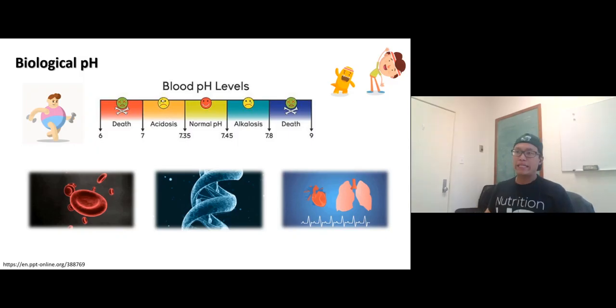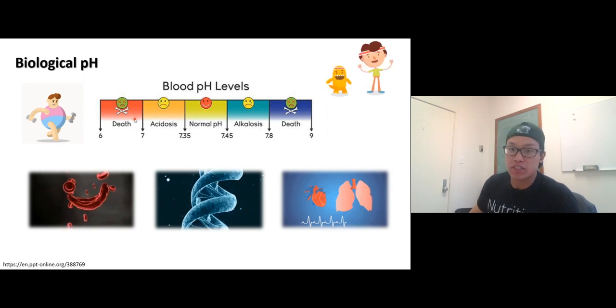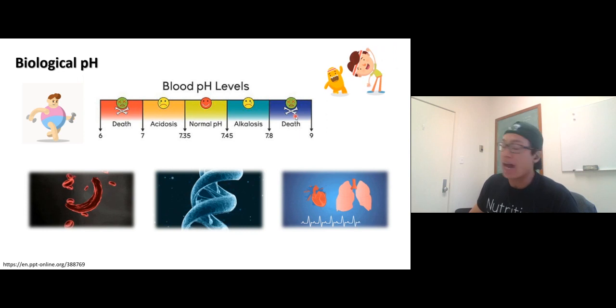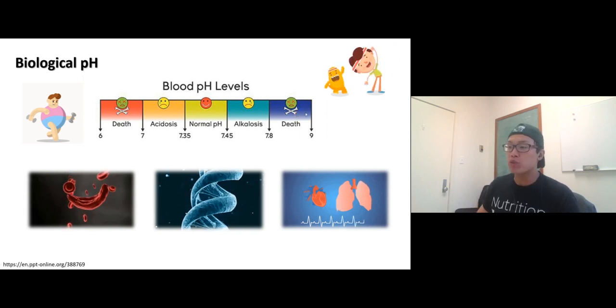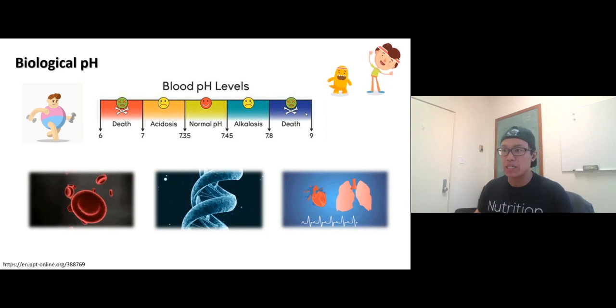In our body or in any living cell, pH is really important, right? Because pH controls how our body functions, how enzymes, DNA, and cells function. If it's too acidic, everything dies, can't function, so we're dead. If it's too basic, everything dies, we're dead as well. So our body needs some mechanism that controls the pH at the right